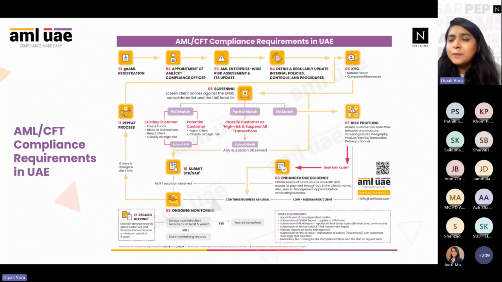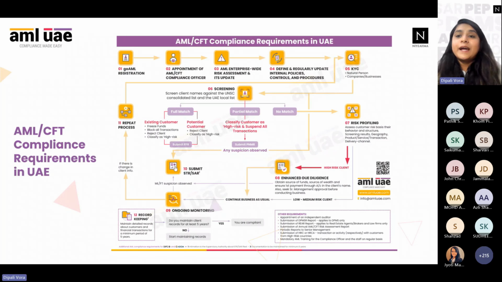Once we have done this, we'll be in a position to understand our own organization, where we stand in terms of risk. After that, we'll be in a position to draft our own AML CFT policies and procedures, where we will also mention the KYC requirements, how we will file a suspicious activity report, what documents we will seek. So that is all mentioned in our AML CFT policy and procedures. Points number 3 and 4 are documentation, which all of the DNFBPs must have in place.